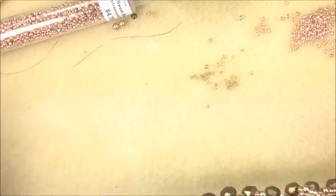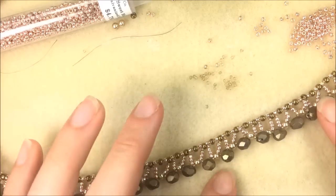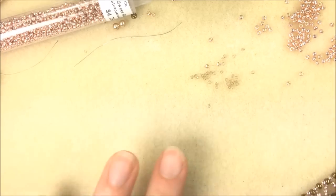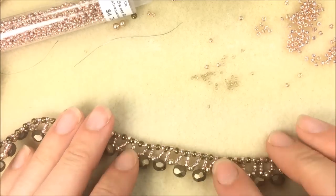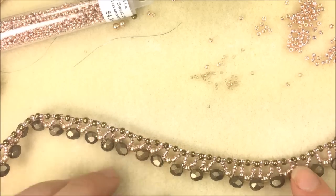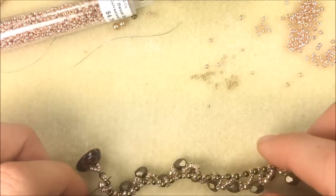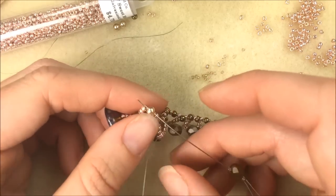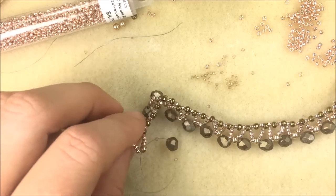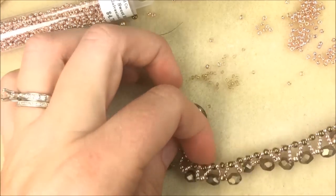I'm at the end adding my round trios here, and you can see that netting effect that's going on the whole way back from the beginning, and the slight curvature that the necklace is starting to have, and that's going to get a little tiny bit more exaggerated when we add our fringe and the bottom portion. But after adding in that last faceted trio, you're going to be going through the pearl that's closest to the cup button,